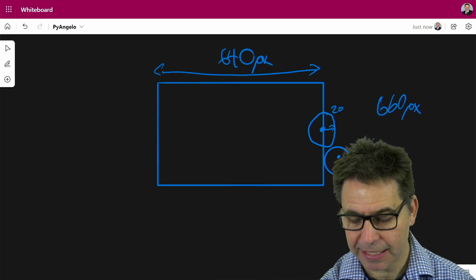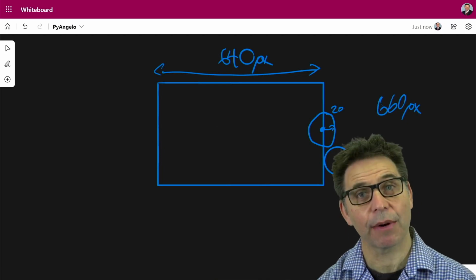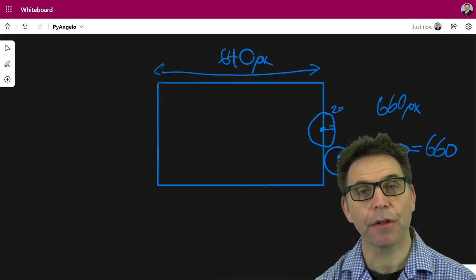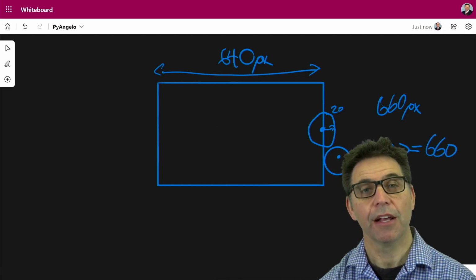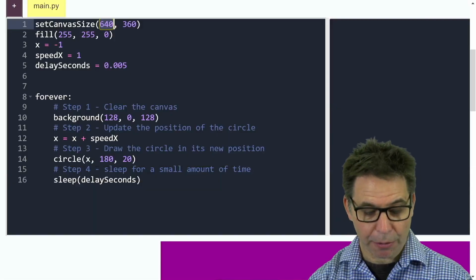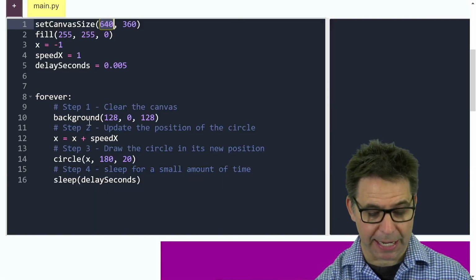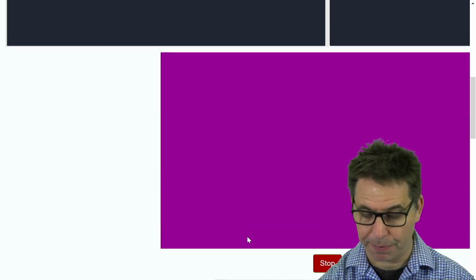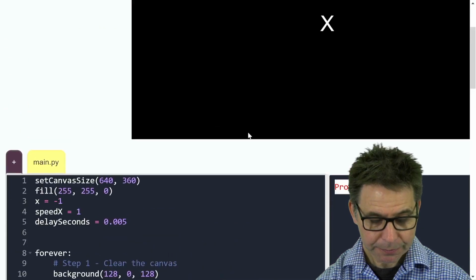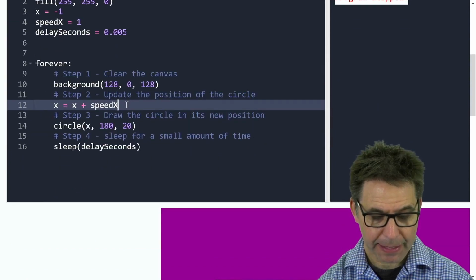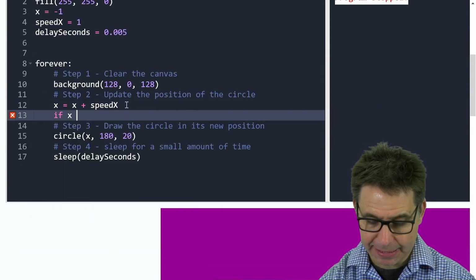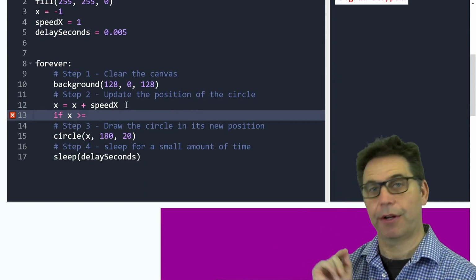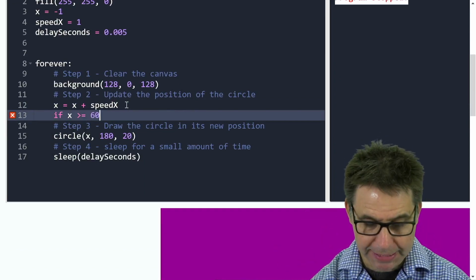So when x is greater than or equal to 660, we know the ball's gone off the screen. So that's our condition. So in our program, we can use this. Once we've updated x, we can say, if x is greater than or equal to, and we use the greater than sign and the equal sign for this, if it's greater than or equal to 660